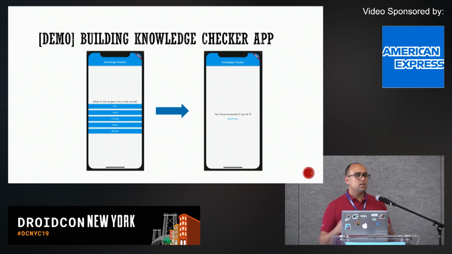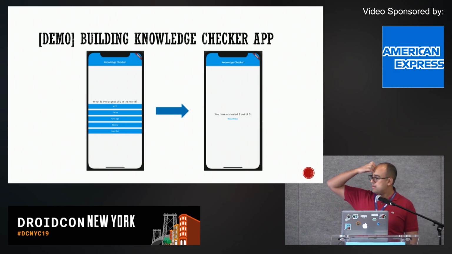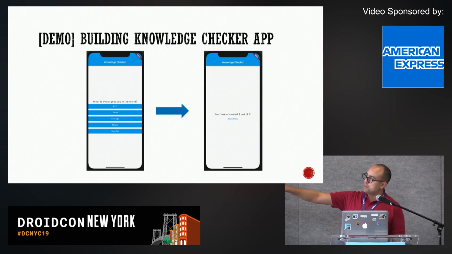Once you finish, there is a summary page which will tell you how many correct answers you have. So if we have a problem like this, with multiple screens to show the quiz and, at the end of the day, a result to show how many correct answers we have in Flutter,